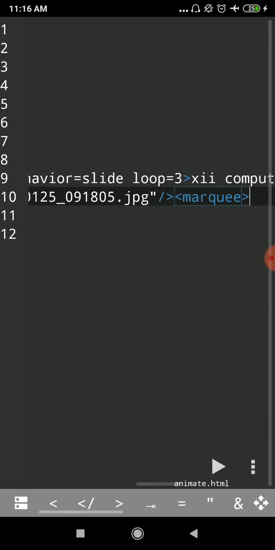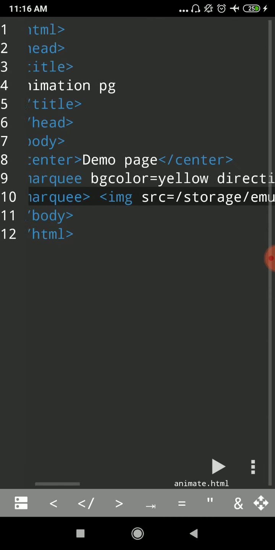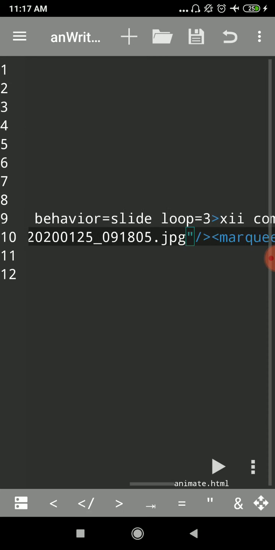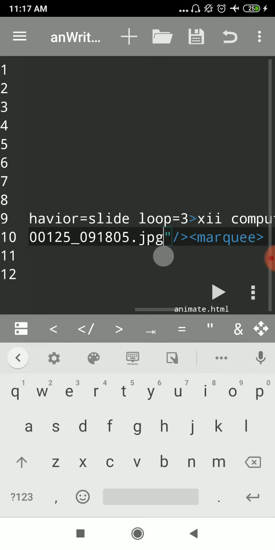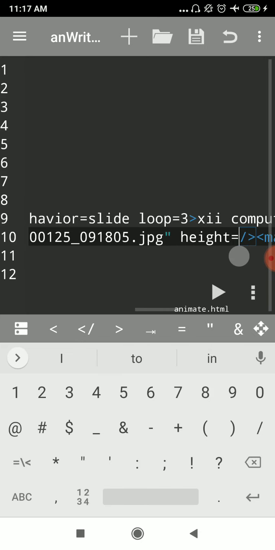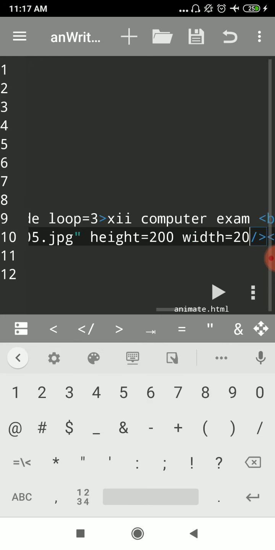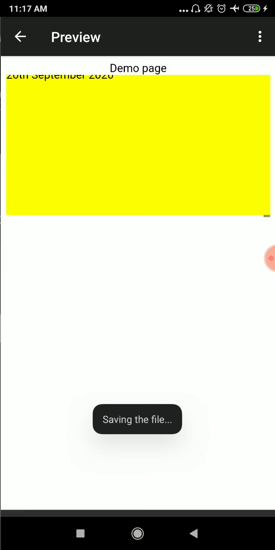Yeah, I think I made a mistake with the naming. I think I should include double quotes. Okay, yes. So my image also is getting animated now. Since the image is too big, I will use the height and width property here to reduce the size of the image. Okay, so save.